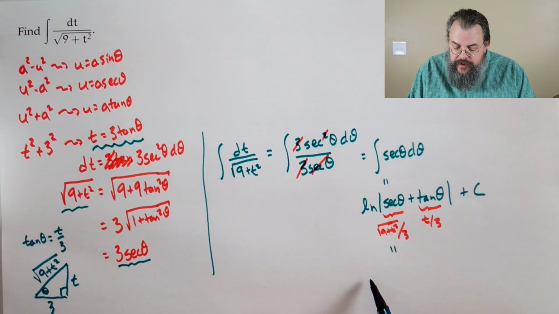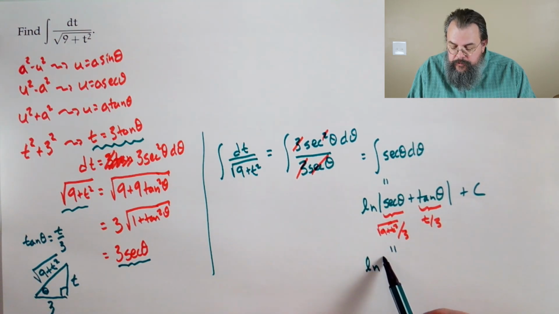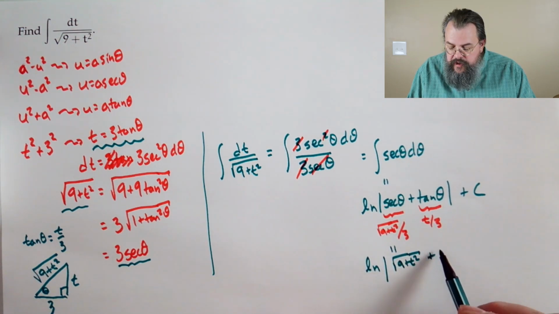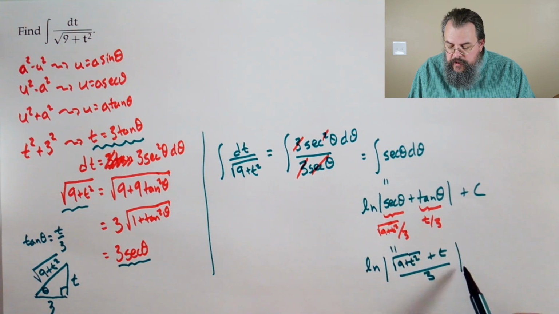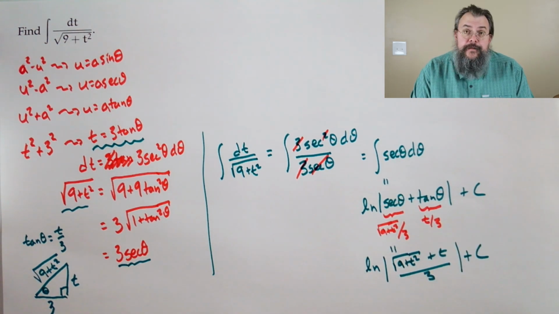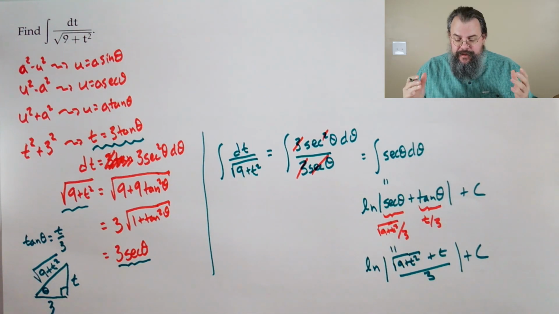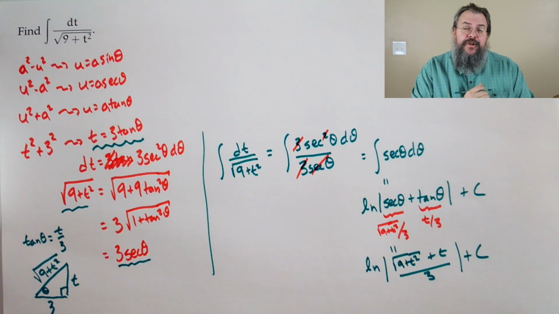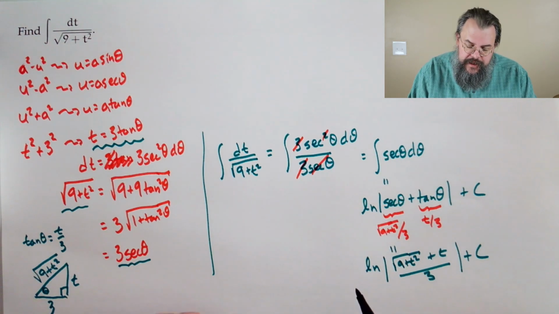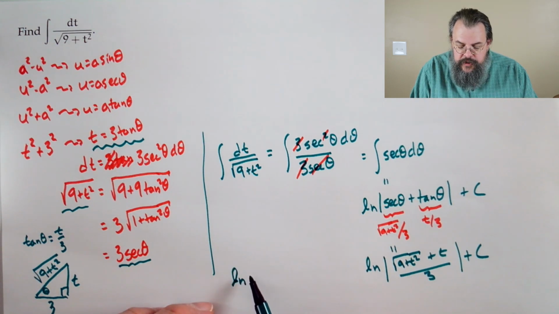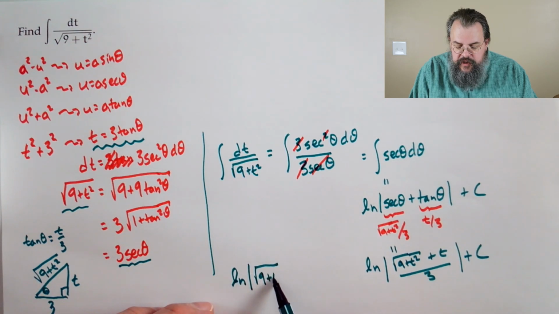Since they both have a common factor of 3 in the denominator, we might write our answer as square root of 9 plus t squared plus t over 3. And actually, that's a correct answer. But you might ask a calculator or some kind of computational software, and it might say the following. It'll say the answer to your problem is the natural log of the square root of 9 plus t squared